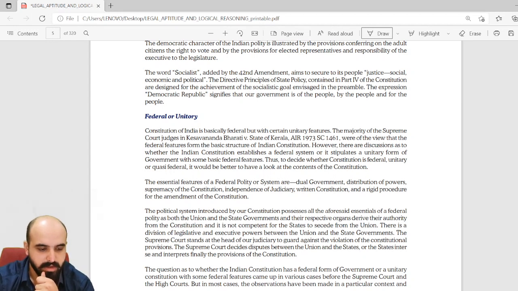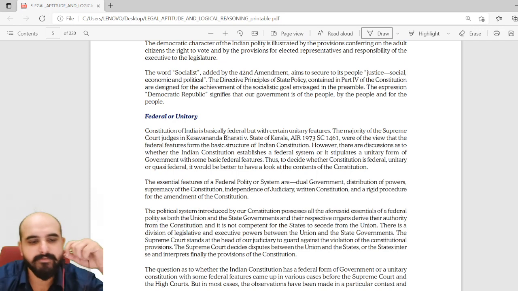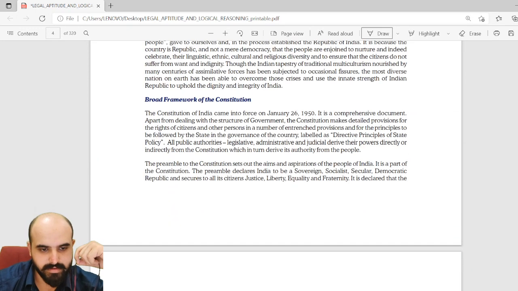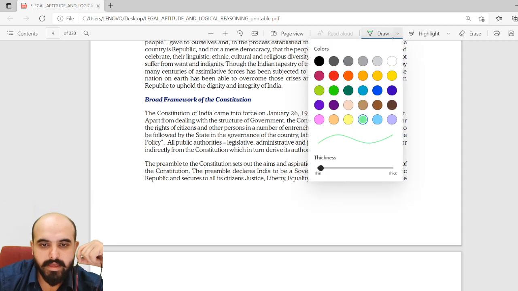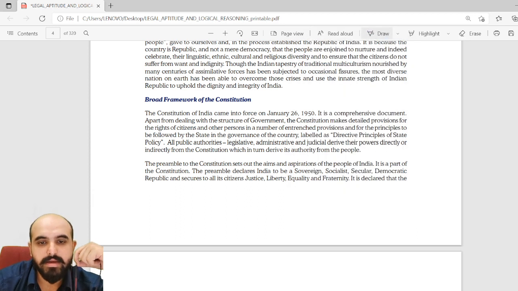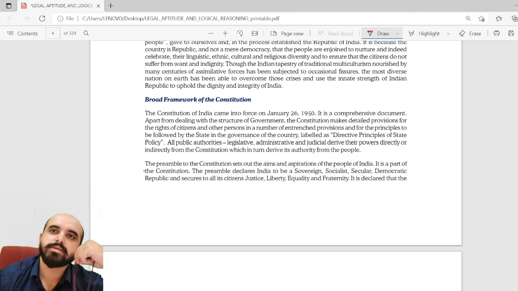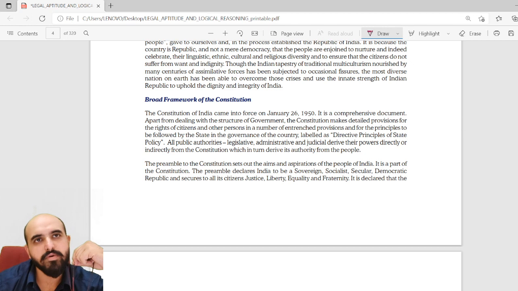Okay. Before that, let me tell you a few cases, guys. We'll write our cases here. There is a simple question, guys. Is the preamble a part of our constitution or not? When I talk about part of our constitution, since it introduces the constitution and is more of an introductory portion, can we consider it a part of the constitution? This was a major question held in